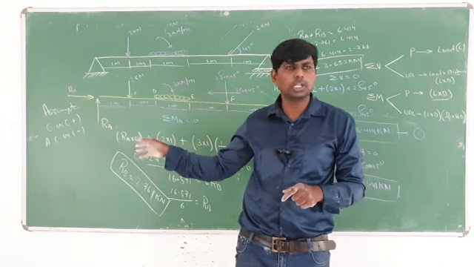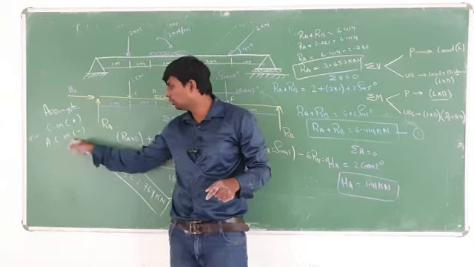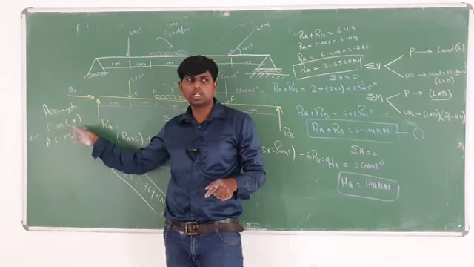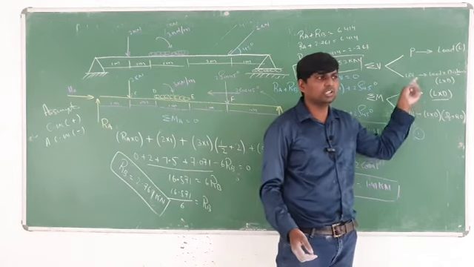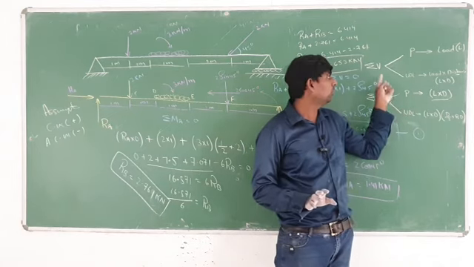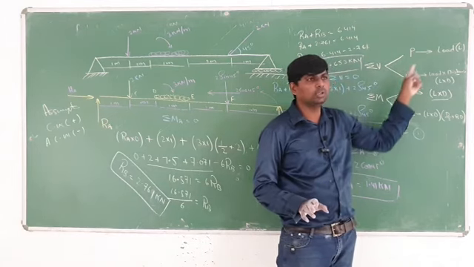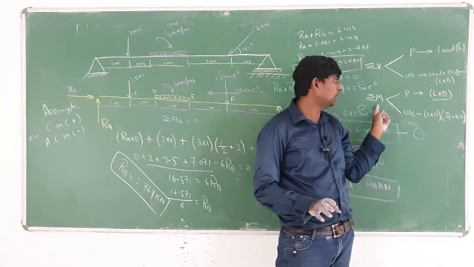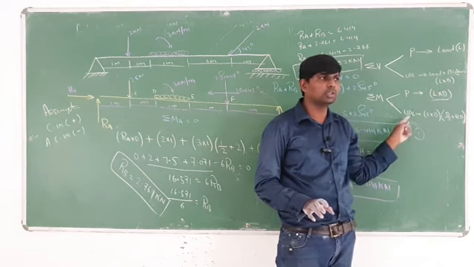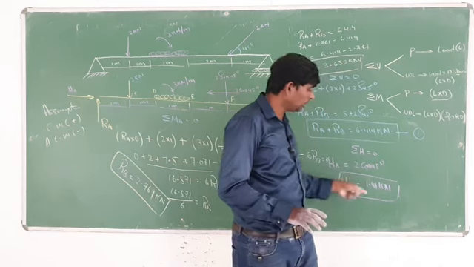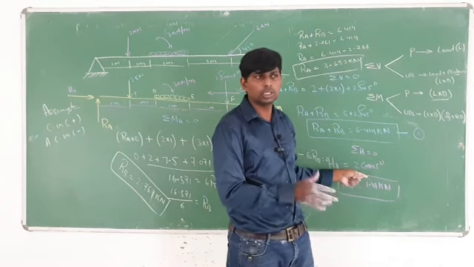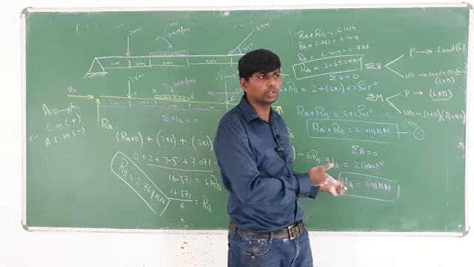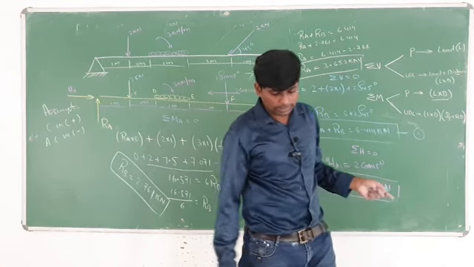It's up to you. You can take the opposite also. Clockwise you can take as negative, anti-clockwise you can take as positive. So, it's up to you. But you can't change this one. These are the basic things. You have to remember this one. If you are finding this one for point load, this one for UDL load, this one, and this is the complementary, if you want to find out. Otherwise you leave that one. Okay, now it's up to you. If you have time, you can go for this one. Clear? We'll continue in the next section.